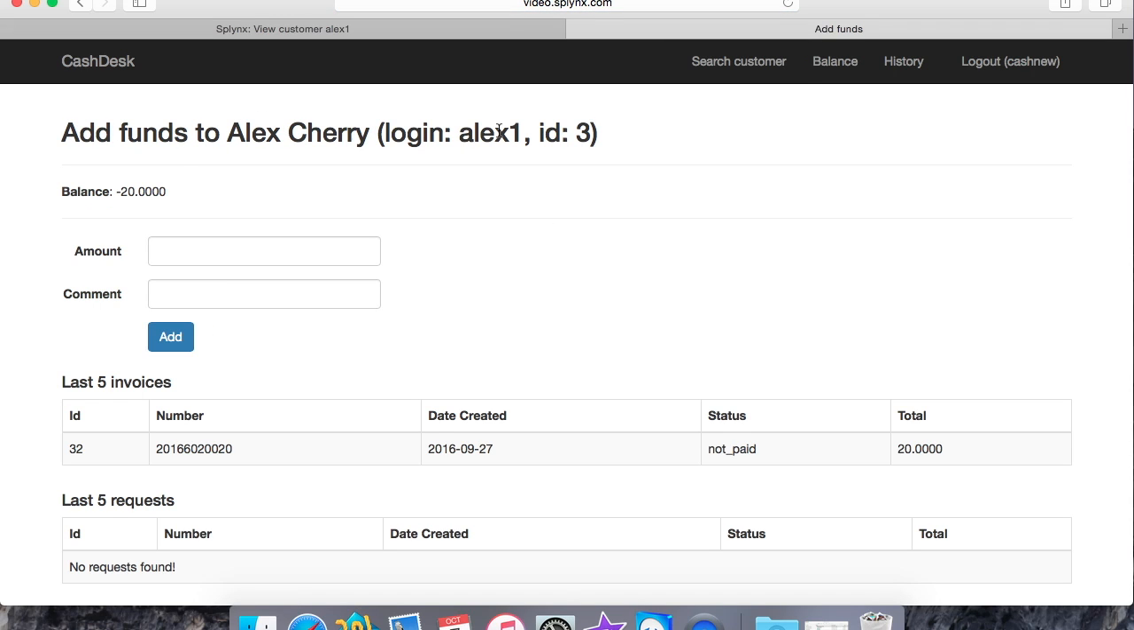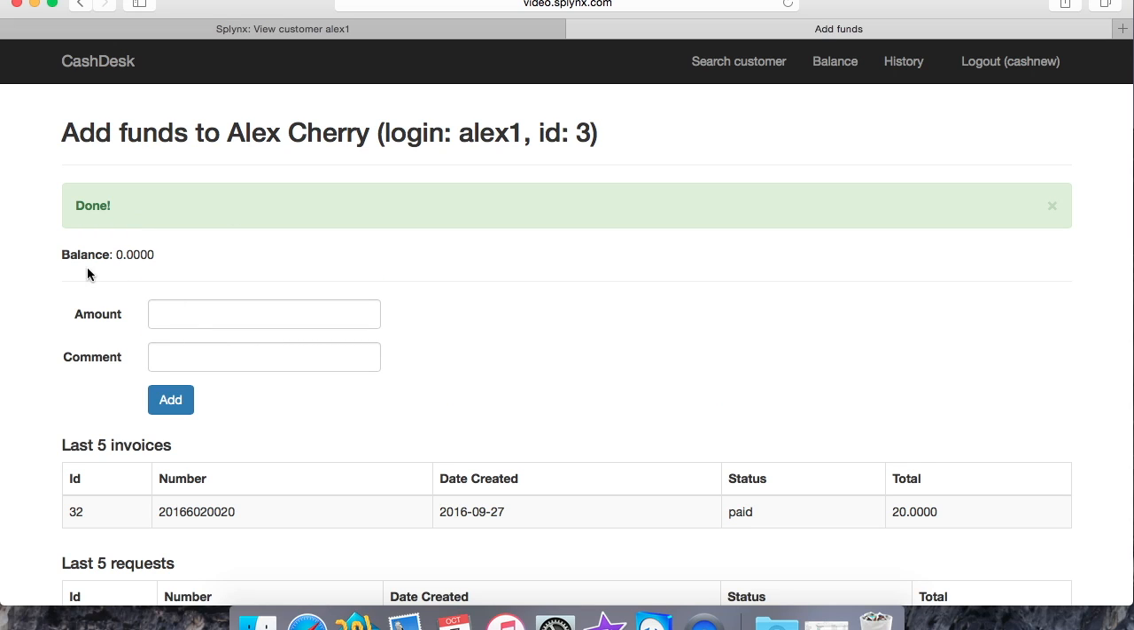So it found my login, and here is the invoice of amount of $20. Let's put $20 and put a comment that it was paid in office in cash. Payment in office. Add it, and when I add it, the balance immediately changed to 0 for that customer and